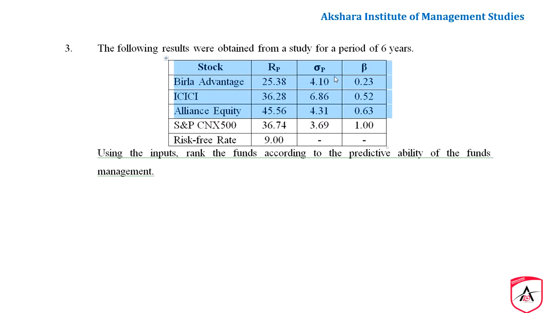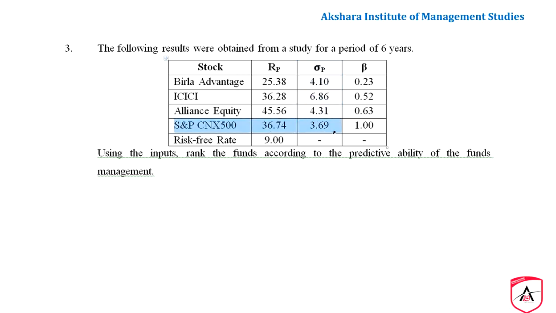In this question, standard deviation is given, and we actually want alpha, but the alpha is not given here. So when the alpha is not given, we have to use one more formula for the purpose of calculating alpha. And one thing in this question: this standard deviation P is not in use, and it is given just for the purpose of creating confusion, otherwise no use.